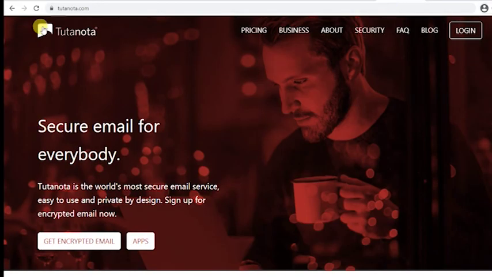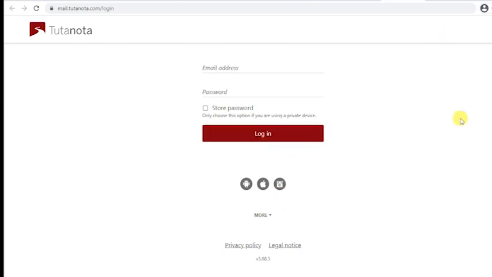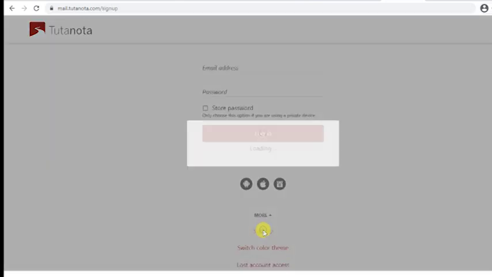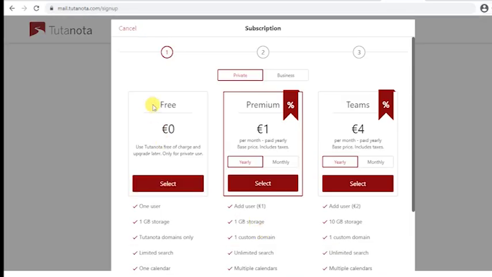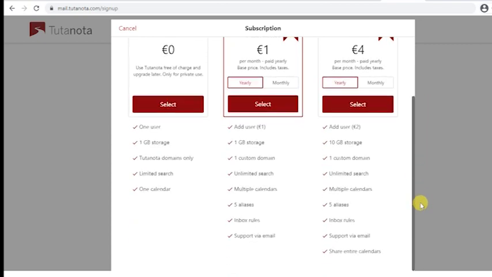Now we'll move to tutanota.com, which is an anonymous permanent email box. Why anonymous permanent email? In most cases we'll need to register on sites which do not permit temporary mail, as I mentioned earlier, and it's also useful for digital footprinting purposes and for penetration testing to maintain anonymity. So here in Tutanota Mail there are 3 subscription options.